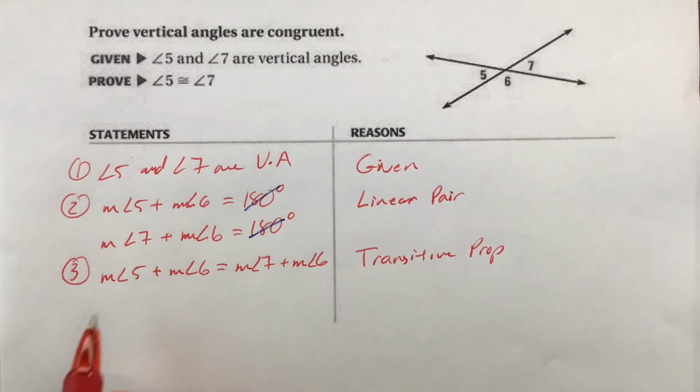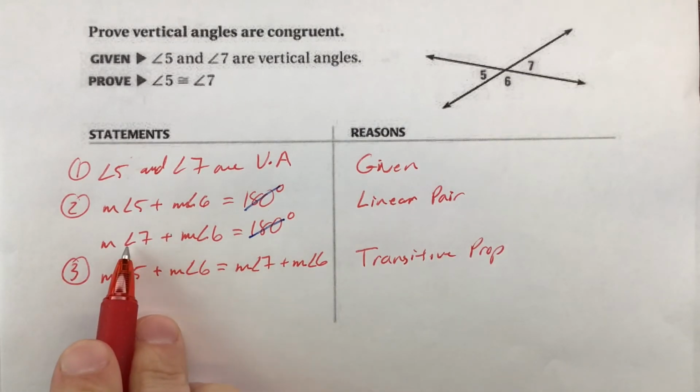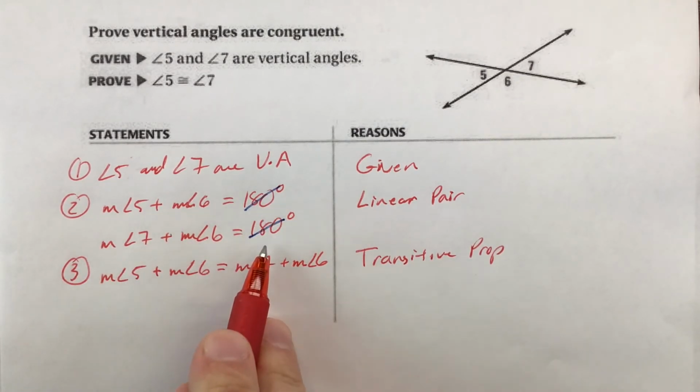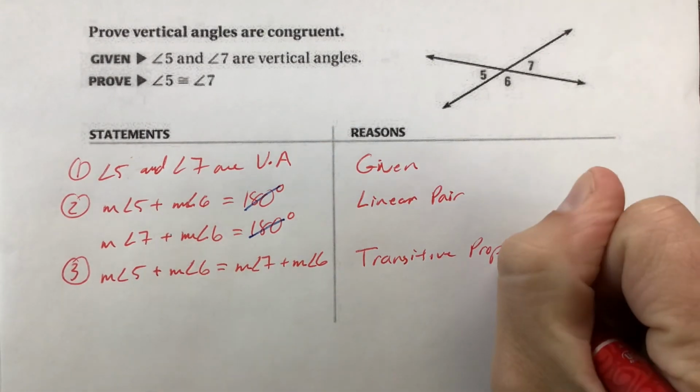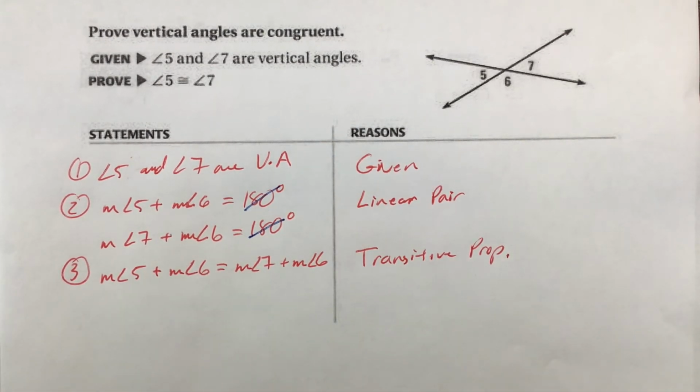Okay, two things, they're expressions here. Two expressions are equal to the same value, therefore those expressions are equal to each other, the transitive property. Okay, then building off of this equation,